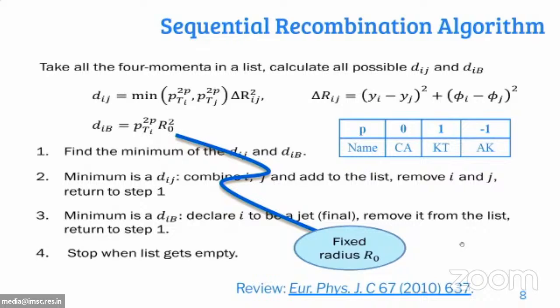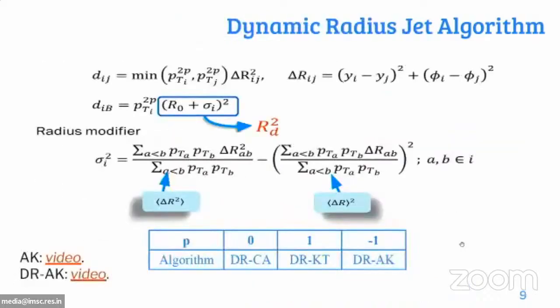So now, as I mentioned, in the QCD case the jet tends to be smaller in size, whereas in the fat jet case, it tends to be bigger in size. But if we give only one parameter, then we will not be effectively capturing the 2 different sizes in a single go. Okay, so that's where we actually propose that if we can modify this R0 to a kind of